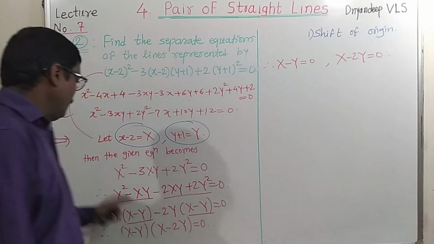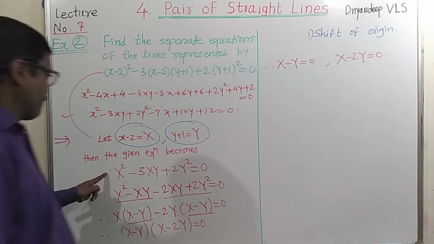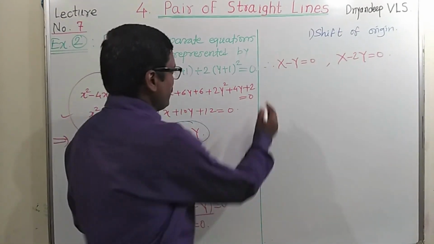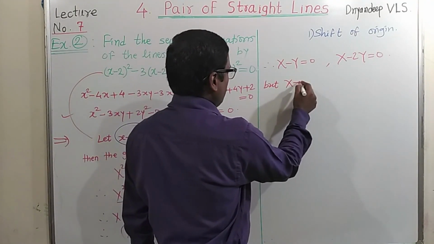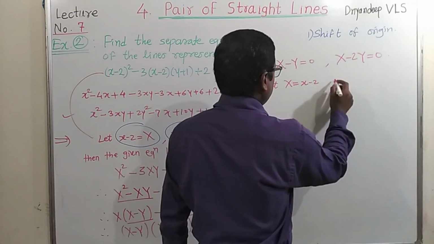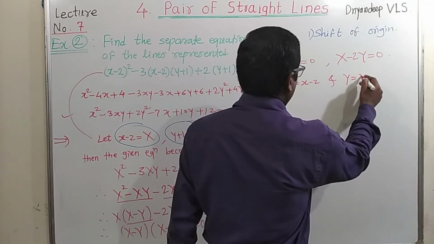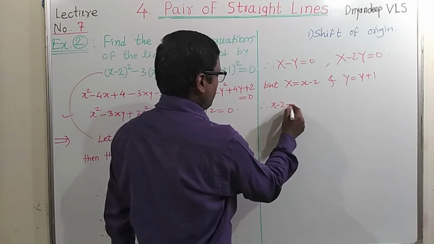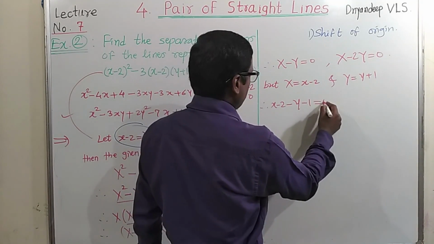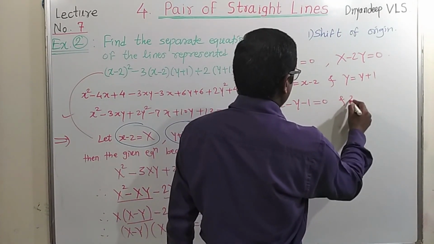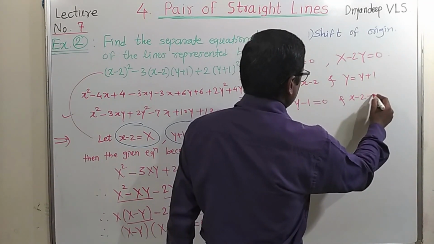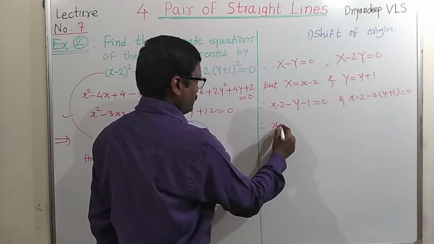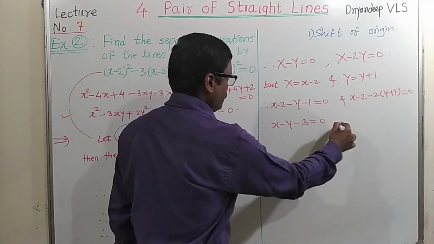These are the factors, or two separate lines, of this combined equation. Now once again put the value of x, that is small x minus 2, but x is equal to x minus 2 and y is equal to y plus 1. Therefore we get x minus 2 minus y, that is y minus 1, equal to 0, and x is x minus 2 and y is y plus 1, equal to 0, that is x minus y minus 3 equal to 0,